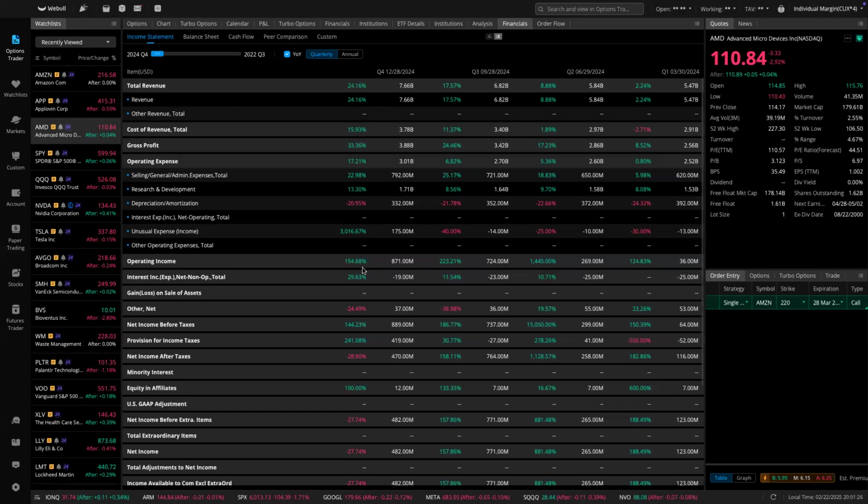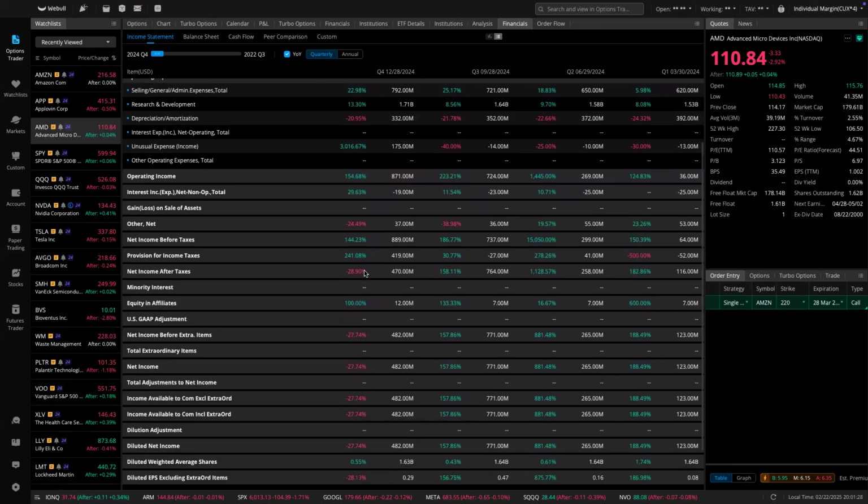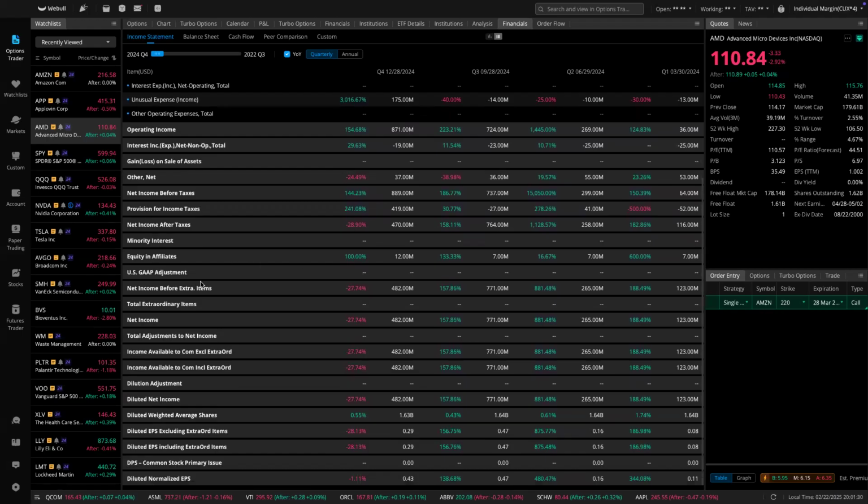Then you go down and look at the net income. Net income is the amount of money that comes into the pocket. Same thing here: 123 million, 265 million, 771 million. Then it went down a little bit. The reason why it sold off is because the net income went down a little bit. But guess what? They're still profiting every time. Last time it was higher, but this time it was a little lower. But guess what?